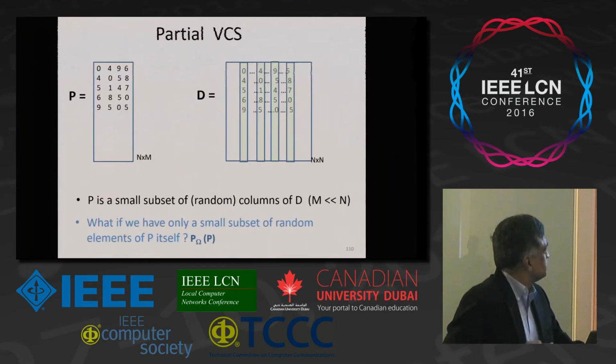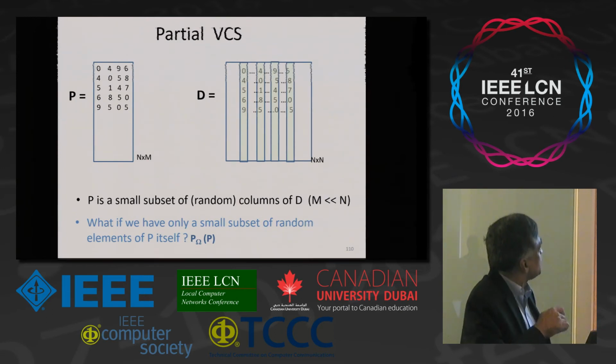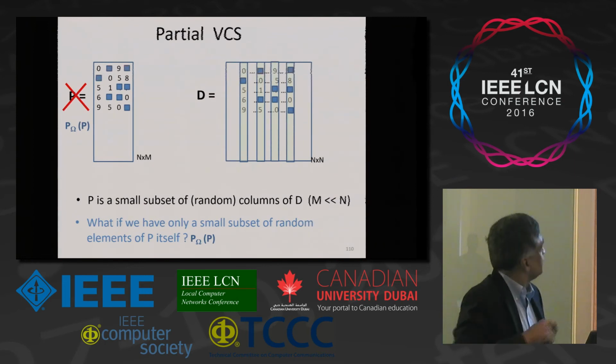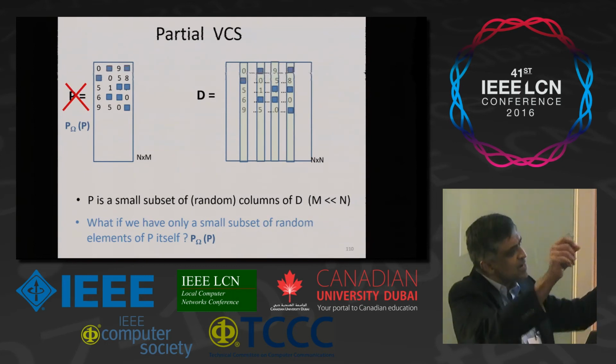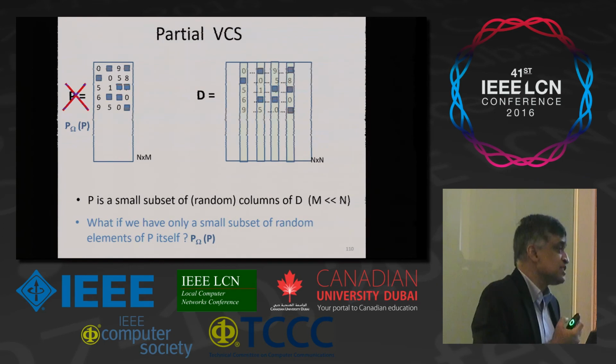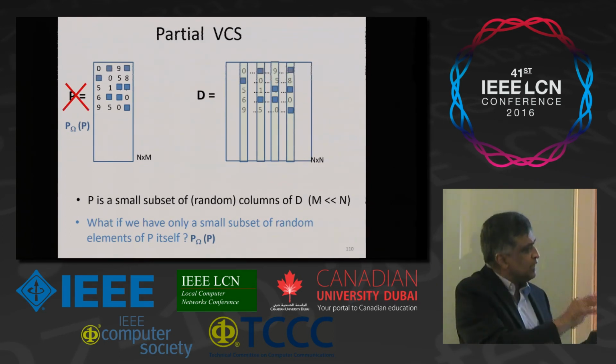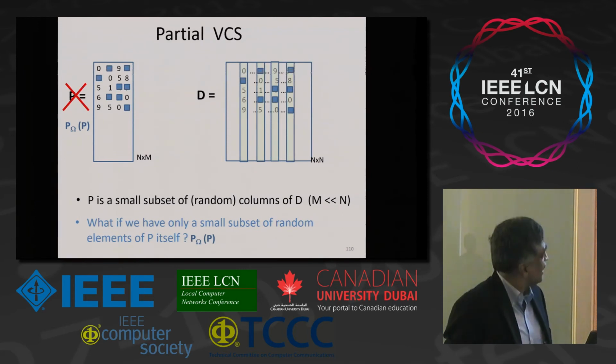Now suppose, so far our virtual coordinates correspond to a random set of columns of this distance matrix. But suppose somebody tells me, hey, you can't have all this. You're not going to have some of these elements either. In other words, I don't have all the virtual coordinates. I have just some random measurements between pairs of nodes, the shortest distance. The question is, can I do anything about this? Right? So now we are kind of getting from even sensor networks to general graph theory.